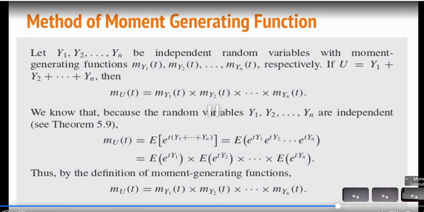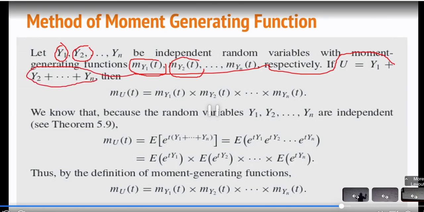Okay. Now, if Y1, Y2, up to Yn are independent random variables, what I'm trying to say now is that Y1 has this as a moment generating function, and Y2 has this as a moment generating function. If I have a random variable, then what is a moment generating function? I remember in this class,